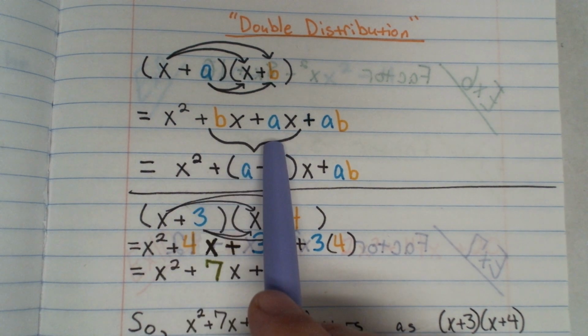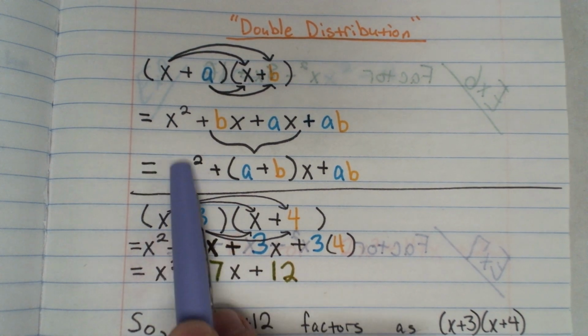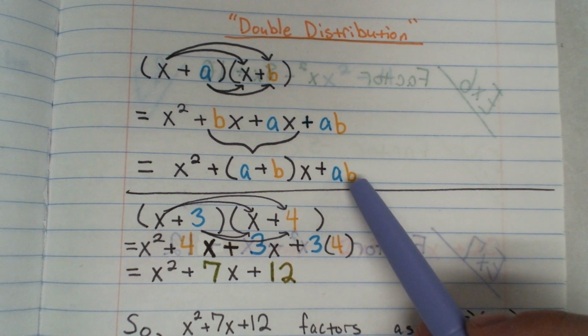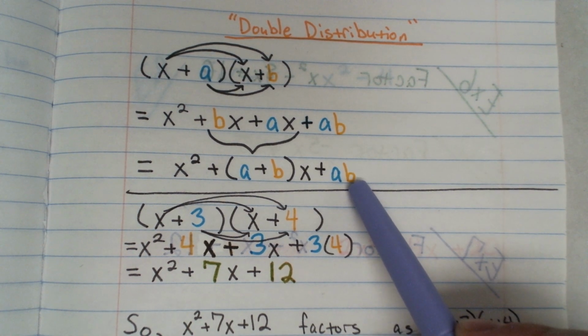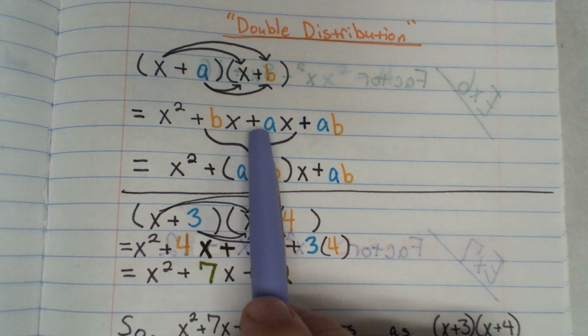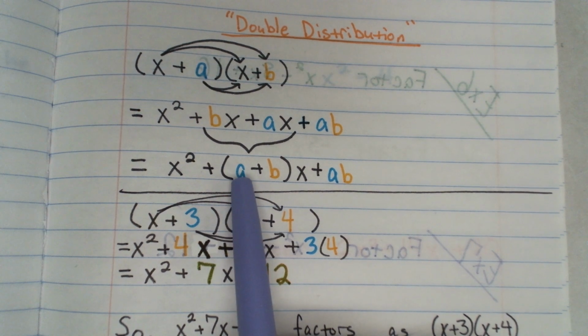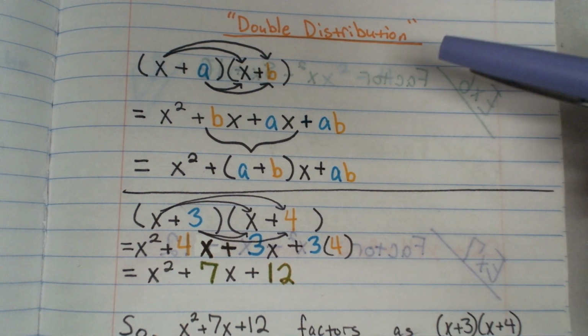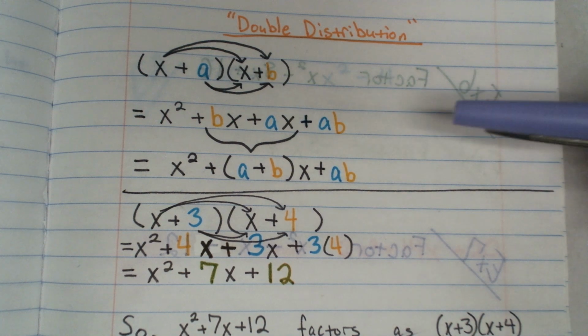Then we would combine like terms. We only have one quadratic term. It would remain as x squared. We only have one constant term. It would remain as a times b. But we do have two linear terms, two x terms, and we combine those by adding, so that would be the quantity a plus b times x. That might be a little bit confusing for some of you, so let's go in and look at an example